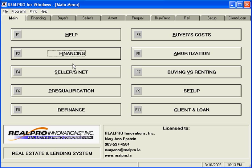Okay, this example is going to be of an FHA 203K rehab loan. This one's going to be a Streamline. By Streamline, I mean that you cannot exceed $35,000, including the closing costs. Let's go to Financing,